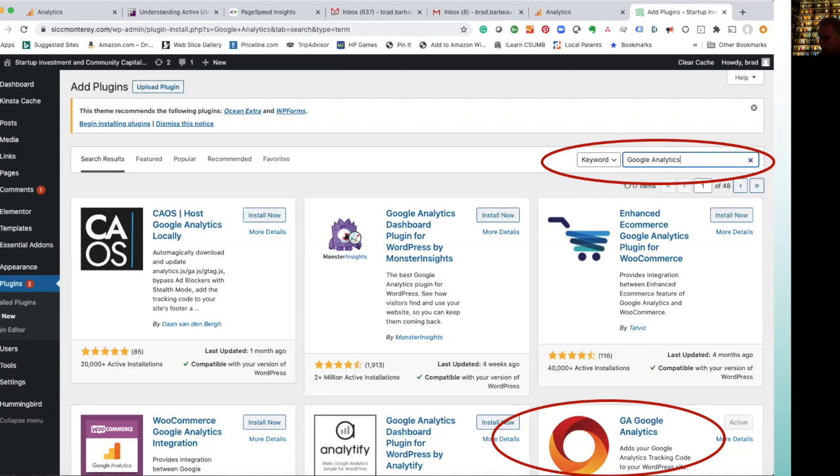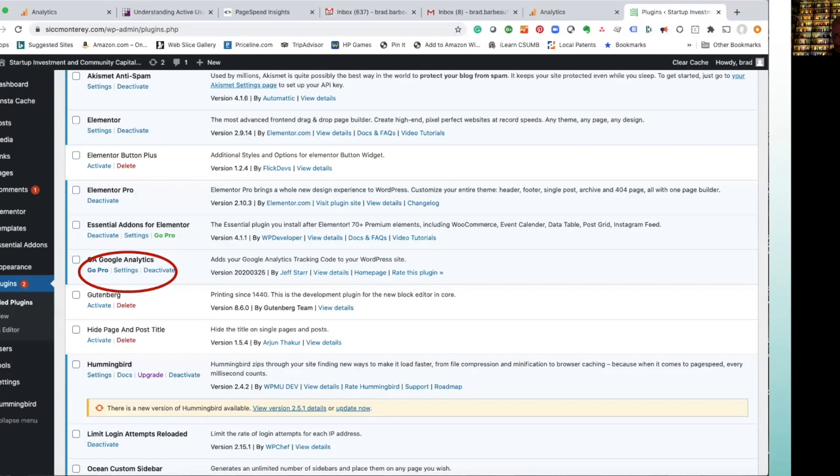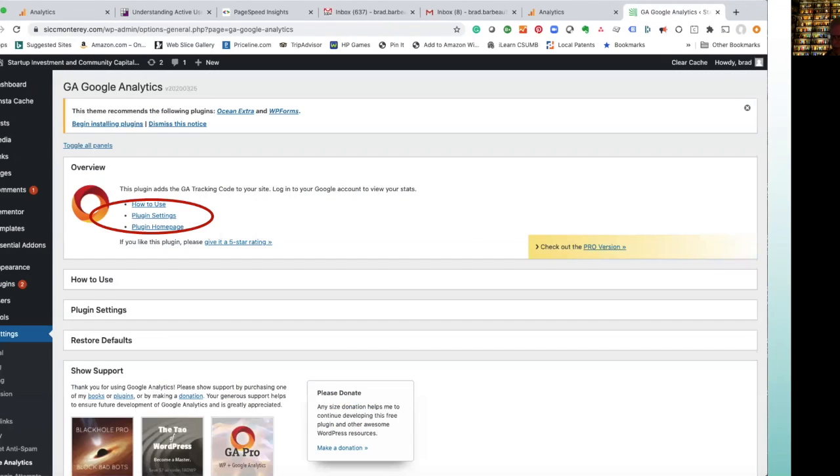If Google Analytics were not already installed in this site, it would, like the other plugins there, say install now. You'd click on that, it installs itself. It's amazingly simple to do. Once it's installed, you go to settings, you click on settings. That brings you to this page. You click on plug-in settings,